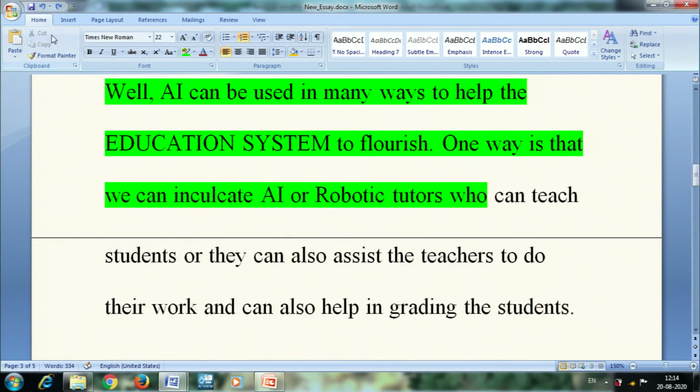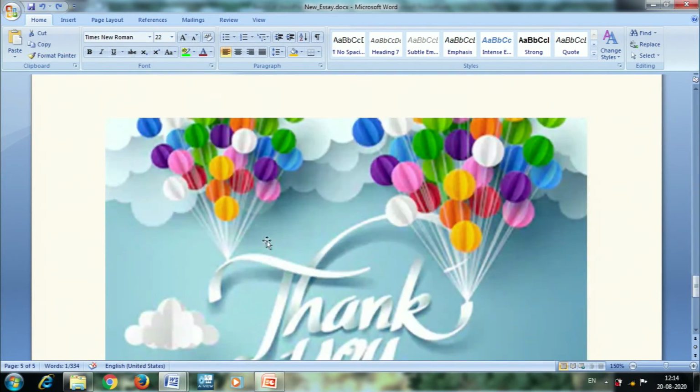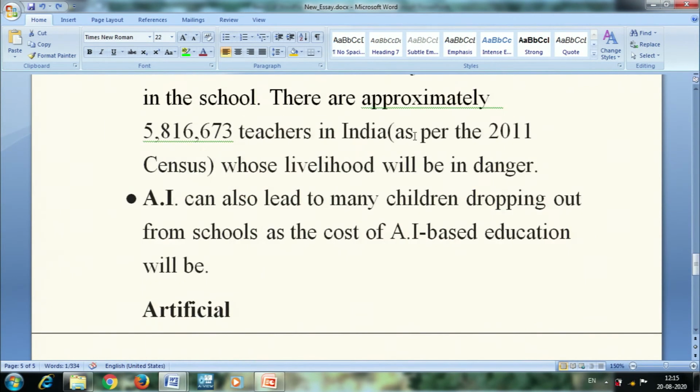So we discussed cut, copy and paste. You can do cut or you can do copy, but the difference between cut and copy is that when you do cut, in the original place the content will be removed or moved. But if you do copy, the content will remain in the original place, and wherever you paste it, the content will be there as well. So it will be there in both places.